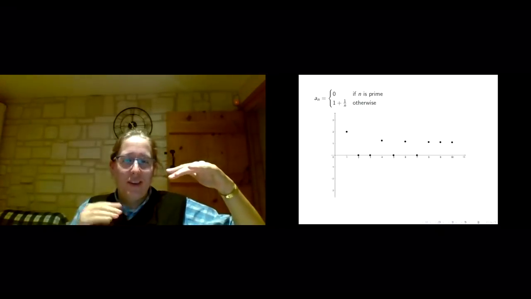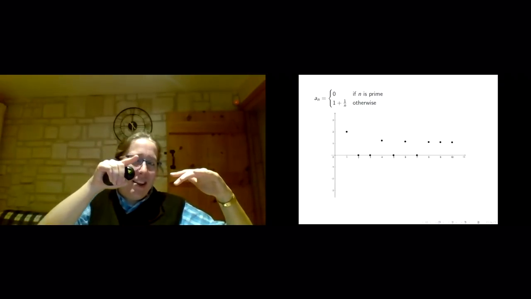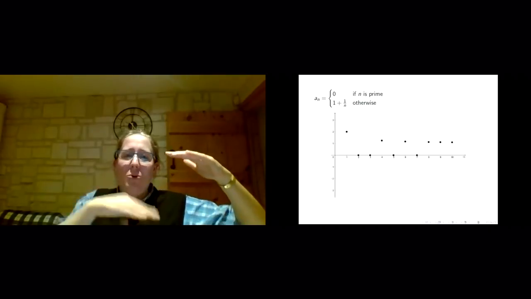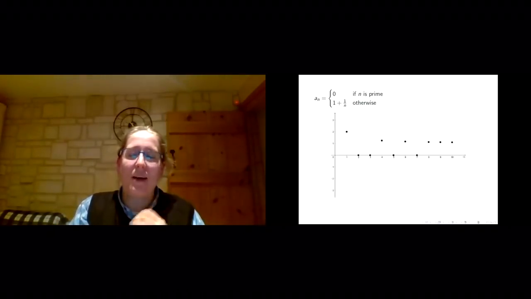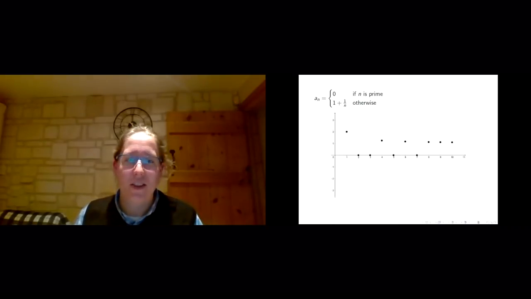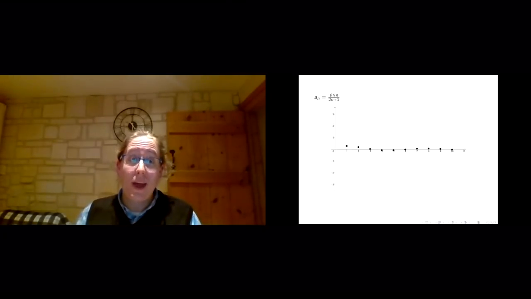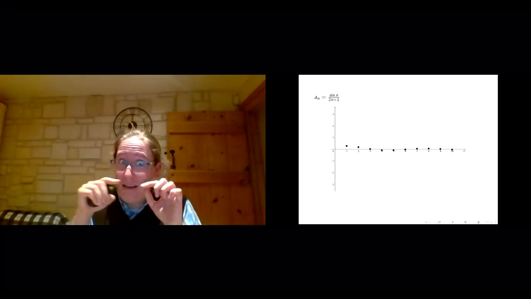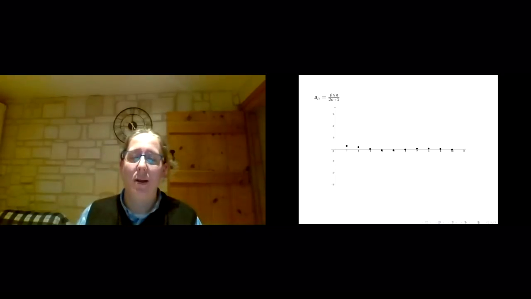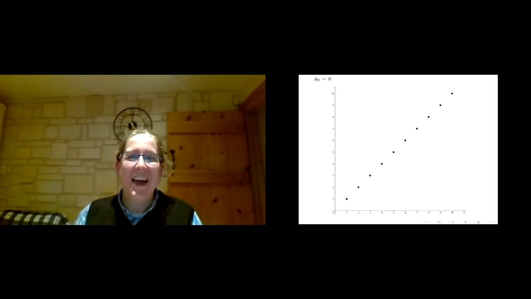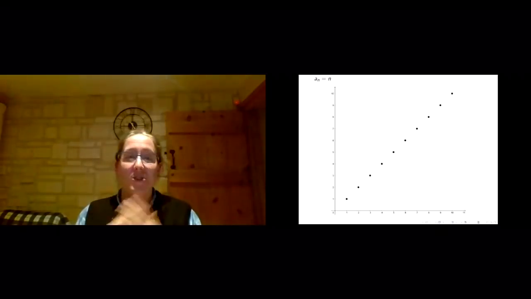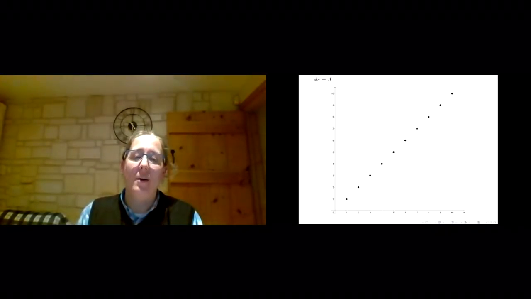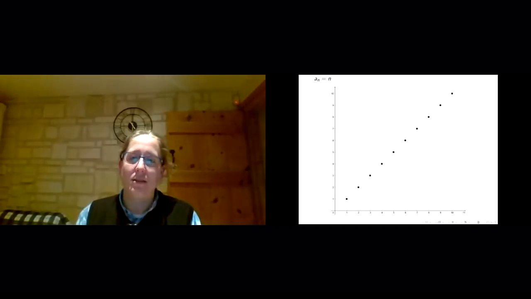And somehow it looks like they're tending down towards 1, but also there are these values at 0, and the next point would be at 11, 0. So there's something a little bit complicated going on there. Another example we had was a_n is sin n over 2n + 1, and I just end up with a bunch of points that are pretty close to 0, but slightly oscillating above and below the horizontal axis. And then I have one more example, which was a_n is n, and then we end up with these points lying on the straight line y = x, unsurprisingly, but just at these integer points.